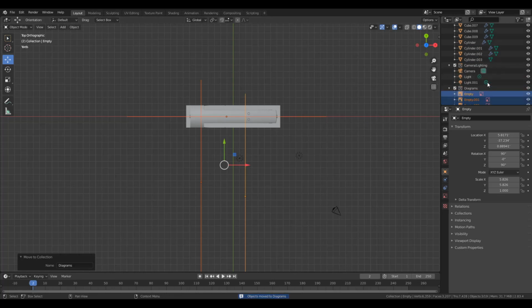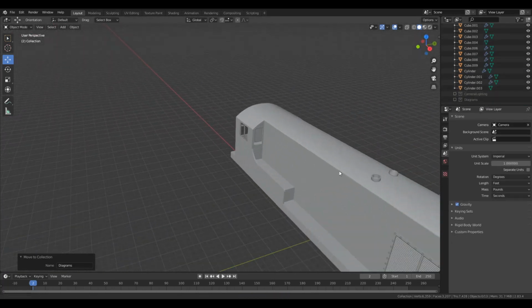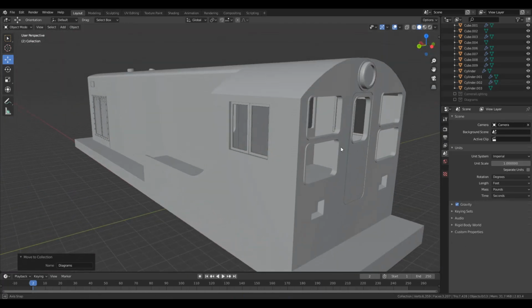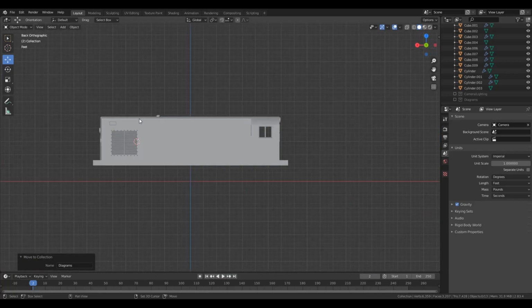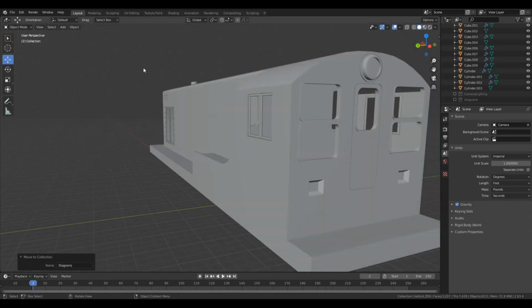Diagrams, so we can just hide those for now, and now we just have our base model. And so what we're going to do with this is import our new diagrams. So I'm just going to call this, I don't even know what I'm going to call this. Actually, if I have them in the folder right now, I'm just going to import those right now, but if not, I'm going to have to